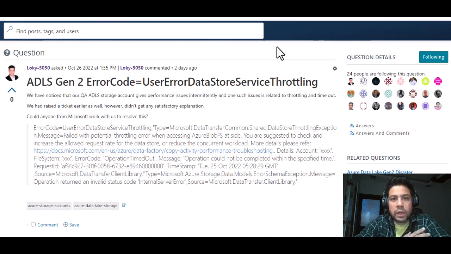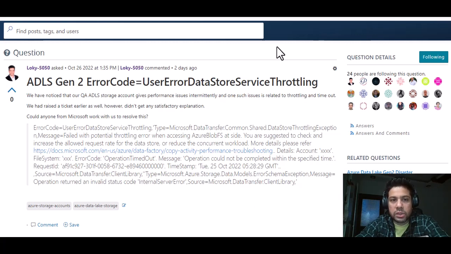So first of all, we have raised a ticket with Microsoft on this, and I've also raised this as a question on the Microsoft Q&A website, as you can see on your screen. And again, to summarize, the problem we're looking for an answer to is why the storage account is performing slow. The QA storage account is performing slow as compared to the other storage account. In this case, it was the dev account,